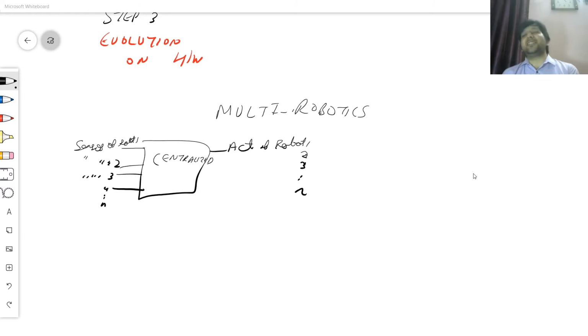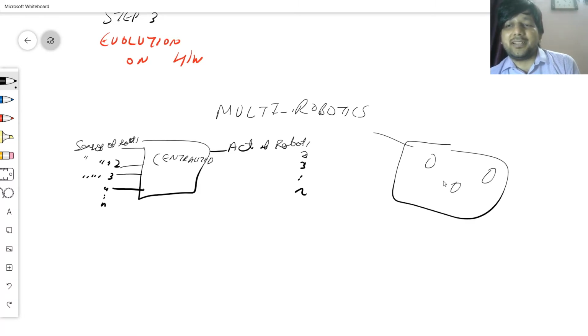Fitness evaluation will be, instead of moving one robot, just move all the robots. And that's the beauty of a centralized system. Everything is exactly the same as one robot. It's just like one virtual robot, and all the physical robots are multiple parts, and you're moving all parts together. So if I need to do a fitness evaluation under this setting, all that I'll do is take my map with obstacles and with different robots, and each one of them will give the sensor reading value to a server which will calculate the actuator value, and then all of them will implement the actuator values, whatever comes out.